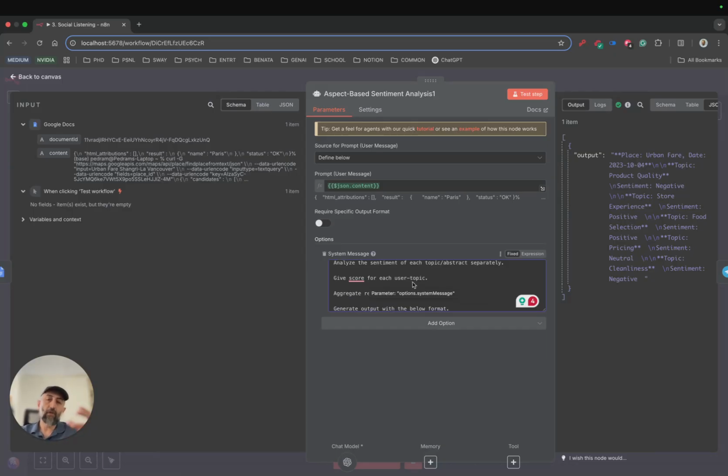In this place, you can also specify, for example, a score between 0 to 5 or a score between 0 to 100. So you can ask the LLM to specify a numeric score for these reviews with a very clear scaling. Then I told the LLM to aggregate results based on the topic. So for each review, it extracts aspects or topics.